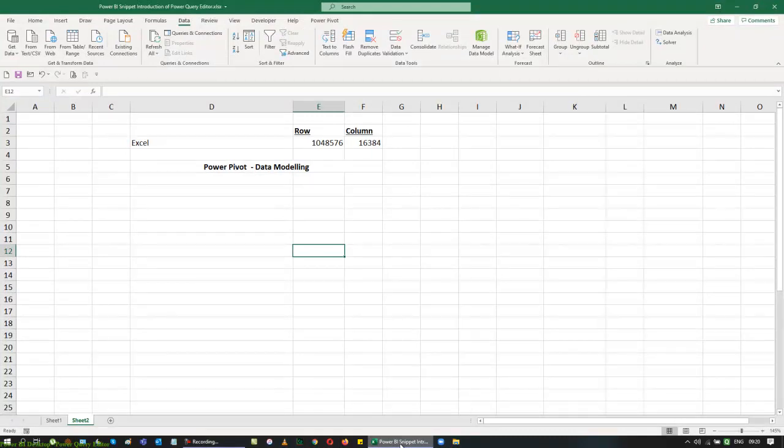I'm going to bring in the data. So let's see how to do that. If you want the data to be in a particular sheet, you can define that. If you want it to be in a brand new sheet, you have the option to do it. Let me take you to what is available by default in Power BI, or in the Power Query Editor. I'm doing it in an Excel file, so it's a little different from Power BI. Let me show you how to do that.